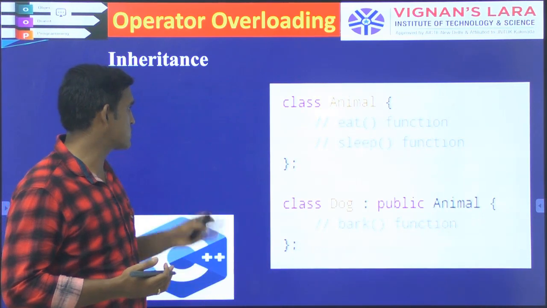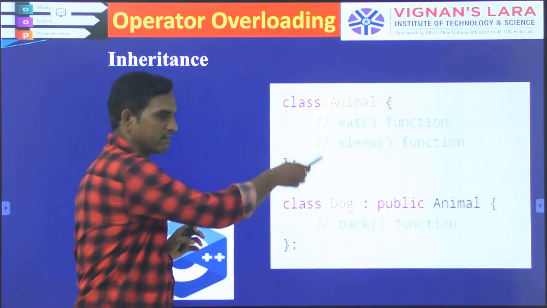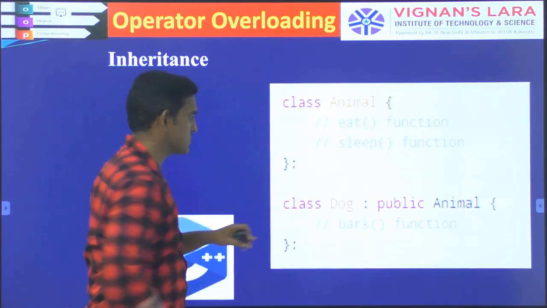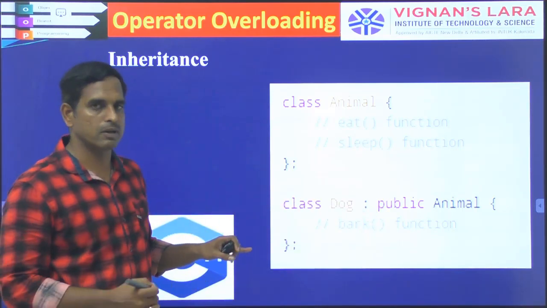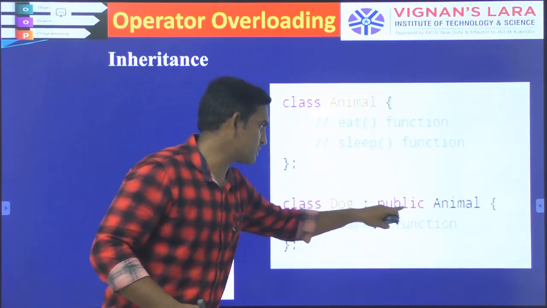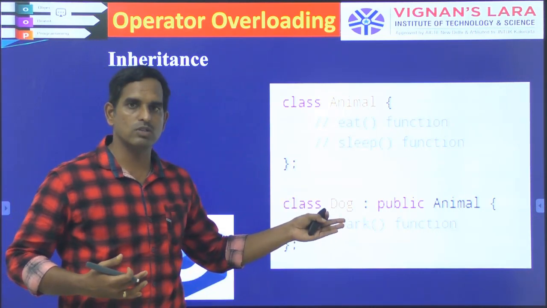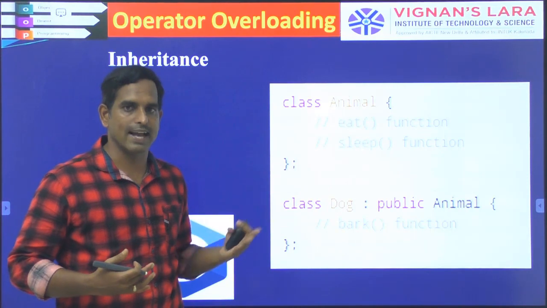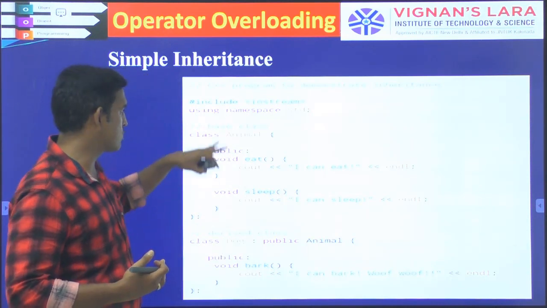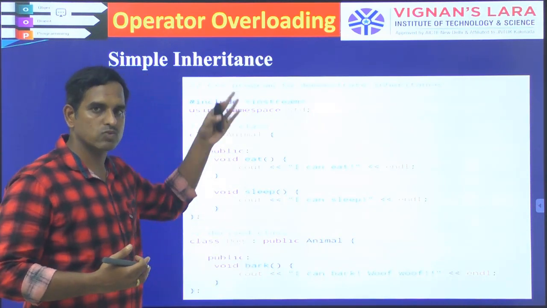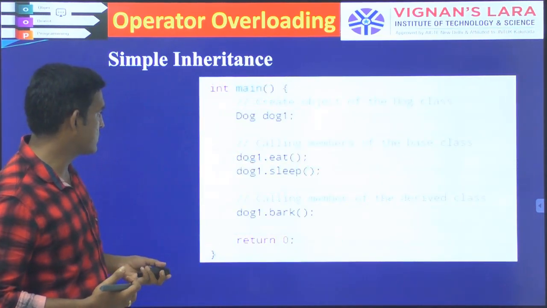Okay. In the previous session we gave an example of how to implement inheritance, where you create the first class, and in order to implement the inheritance we use the colon symbol and specify public to mention that this is a public inheritance. In this session we will look at how this is influenced by using other access specifiers. I gave an example of simple inheritance where one class is present and another derived class takes the properties of the already existing base class. I gave this example in the previous session.